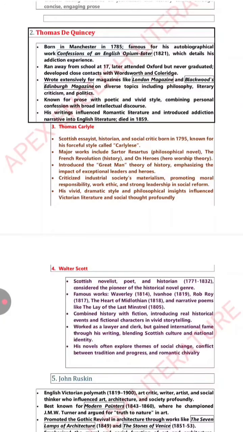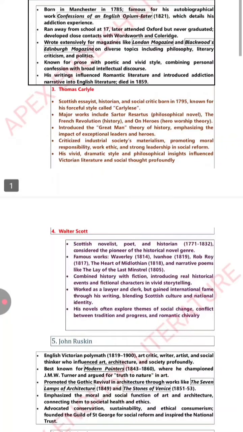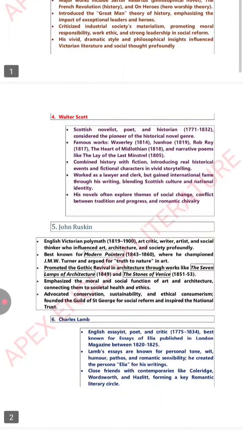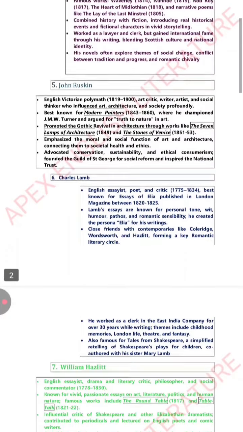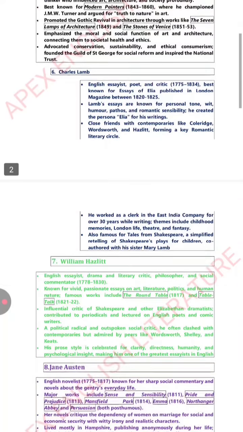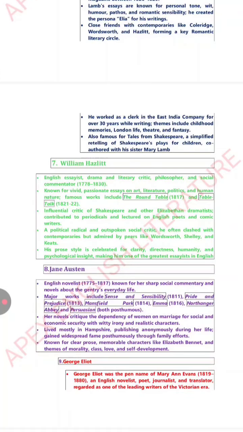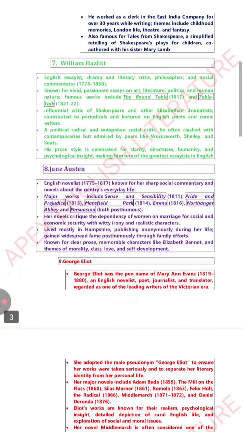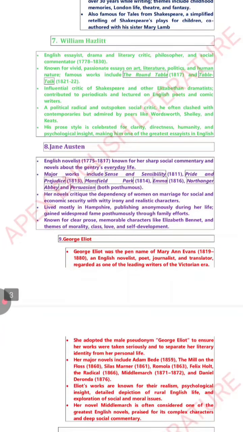Thomas Carlyle, who was one of the pioneer writers of the Victorian prose. Then we have Walter Scott, John Ruskin, Charles Lamb, who has written the Essays of Elia, William Hazlitt, who has written the Round Table Talk, an influential critic of Shakespeare and other Elizabethan dramatists, Jane Austen, who has written major